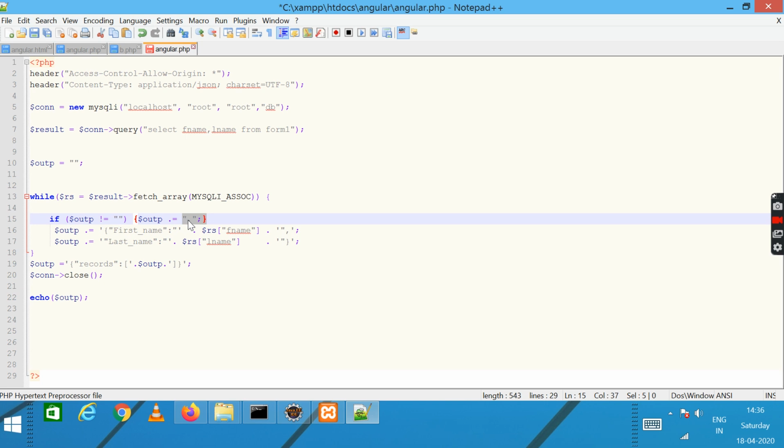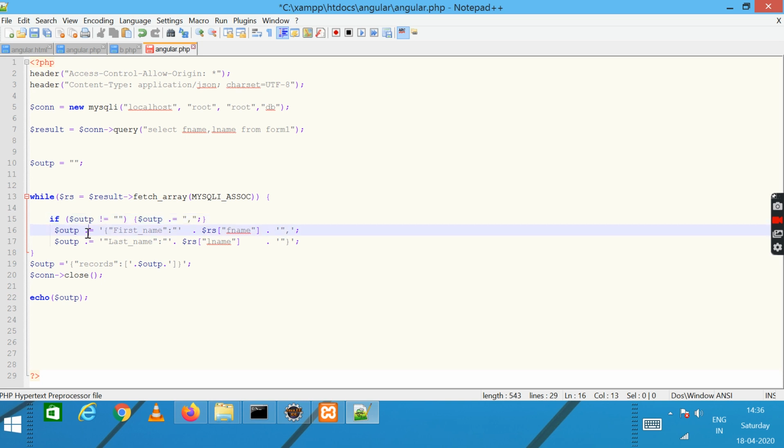Why this comma? Because after each value to be printed, there is a comma which separates the multiple values of the number of rows in the database table. So this $outp is each row concatenated with a comma with respect to the other values.